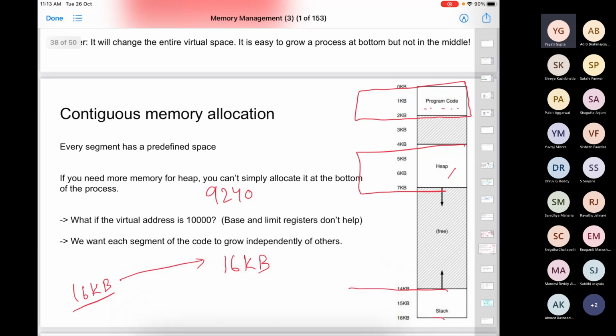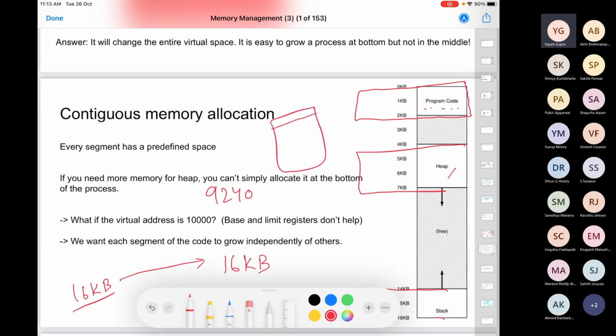So program code can sit somewhere in the main memory, right? And this area is only for your program code. Let's say somewhere here. And then I have heap. It can go and sit in altogether a different part of the memory, need not be contiguous. Similarly, stack can go and sit somewhere in the memory. In case program code requires more space, so this was the area of the program code where you have loaded it, at that time, you can increase the space for it.